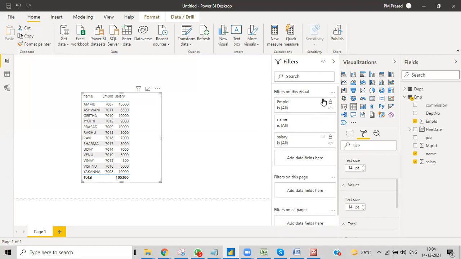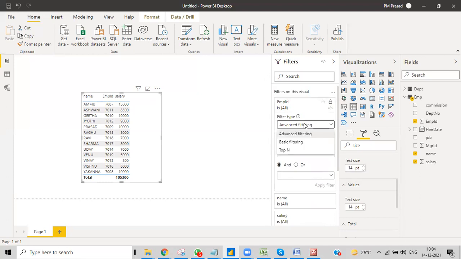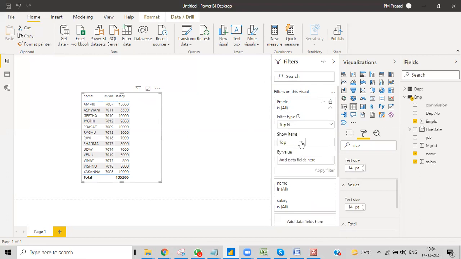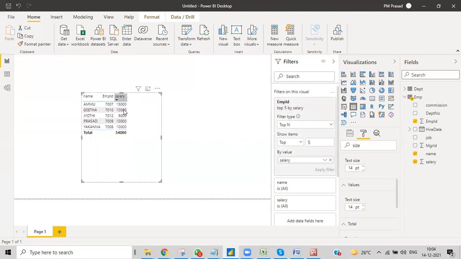So what I want to get is the number of employees who have the top three salaries or something. At that instance, we'll select the field and go for Top N. Here we have two options, top and bottom. From the top, if you want to select 5 people, according to what value? According to the salaries. So we need to take the value, by salary. Calculate and show the employees' names according to salary, and that too the top 5 people. Top 5 salaries will be like this over here.